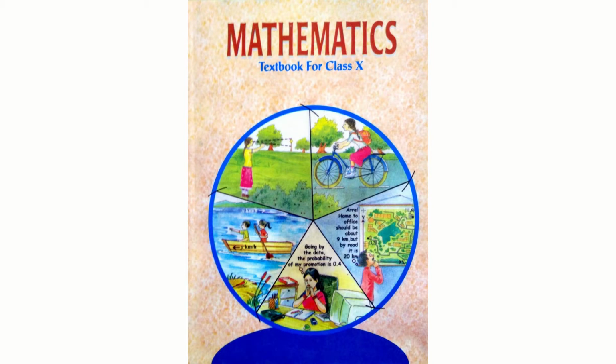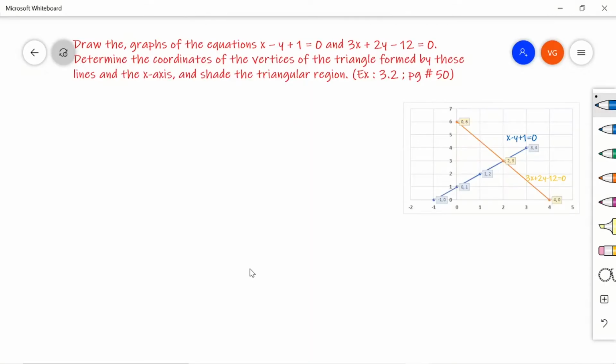I am going to solve the CBSE NCERT textbook for class 10 with a detailed explanation for all the chapters. This is the last problem from exercise 3.2. The problem goes like this: draw the graphs of the equations x minus y plus 1 is equal to 0 and 3x plus 2y minus 12 is equal to 0. Determine the coordinates of the vertices of the triangle formed by these lines with the x-axis and shade the triangular